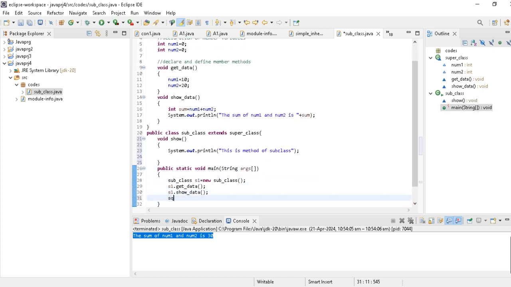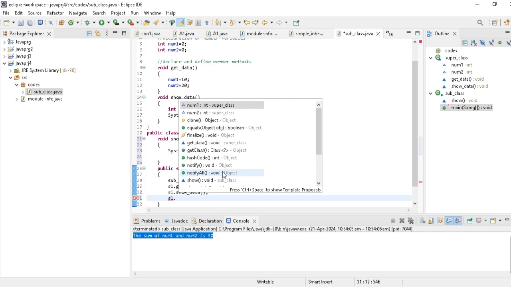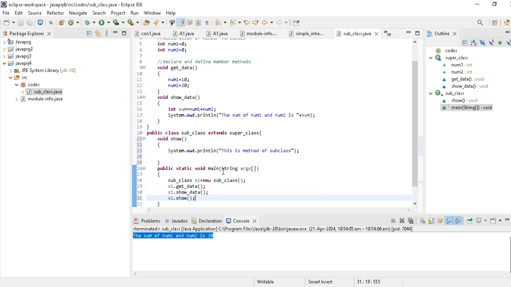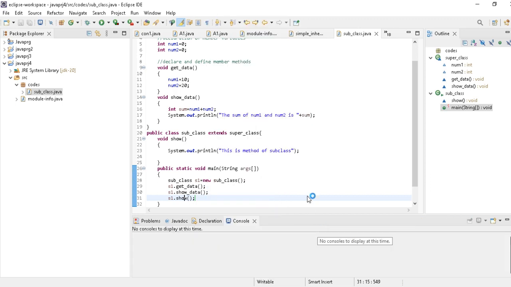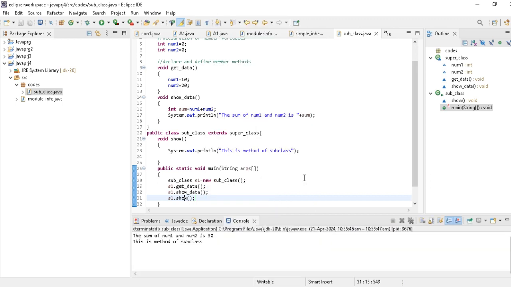So now if I write s1 dot, you will get here showData and show also. So now these are the methods that are accessed from the superclass, and this is its own method of the subclass. And once you execute it again and run as Java application, you will see that the subclass is accessing the method of the base class as well as the derived class.